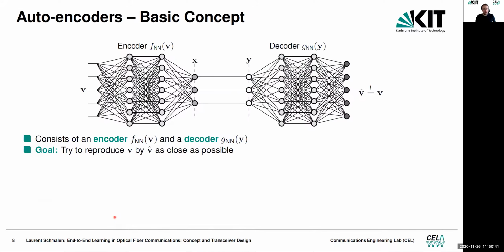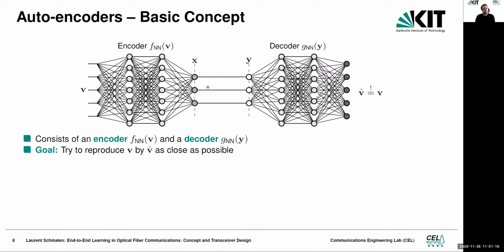So what we can do is we can take a look at a concept called autoencoders that's used very frequently in the field of machine learning, especially for parameter identification, for dimensionality reduction, or for image compression. An autoencoder essentially consists of two neural networks, an encoder network and a decoder network. And the goal is that the decoder reconstructs V as close as possible. So it generates a V hat that should be ideally equal to V. And it does so by going through a bottleneck. This is the so-called bottleneck.